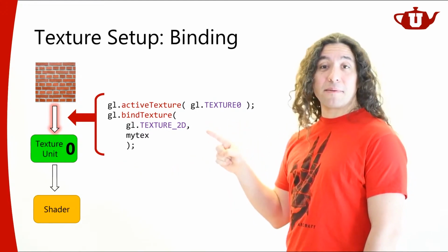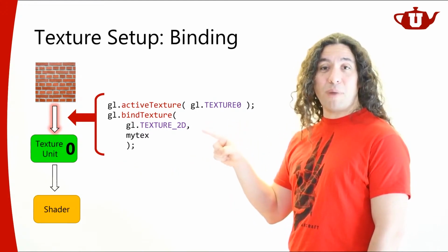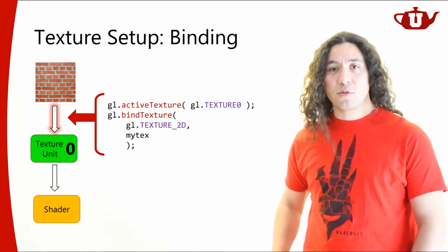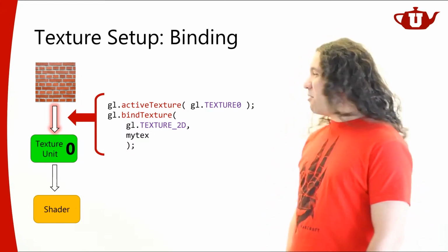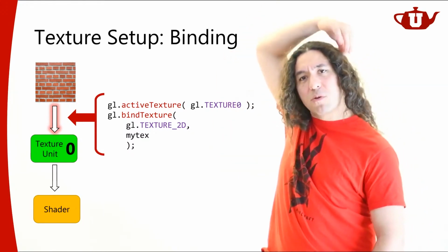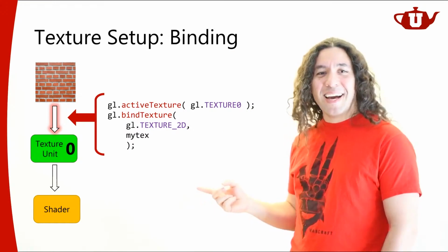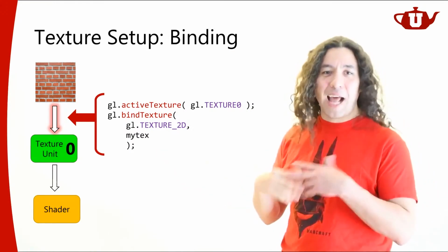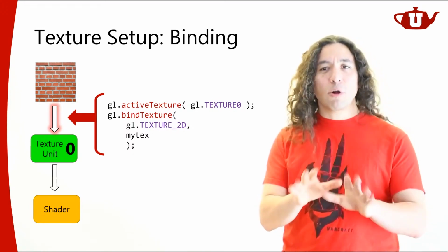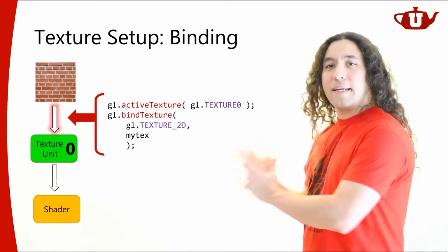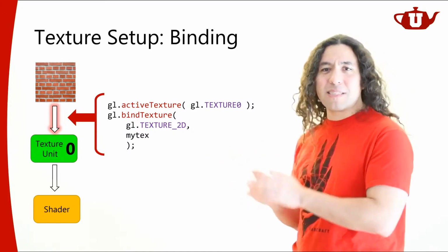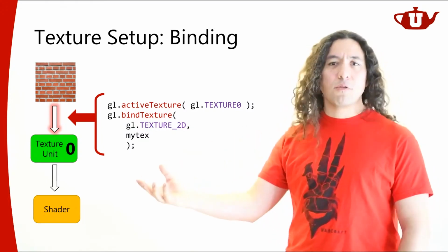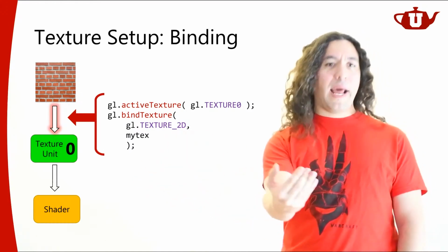And then I'm binding this texture. I just want to bind my texture to that particular texture unit. Yeah, so this is a little sort of backwards way of doing this, right? I'm not saying, hey, my texture is going to be texture 0. That's not how I say it, and there are historical reasons as to why it looks like this. It's not too complicated, right? You just say active texture is texture 0, and then you bind your texture to that active texture unit.